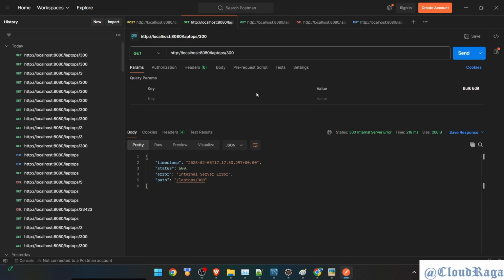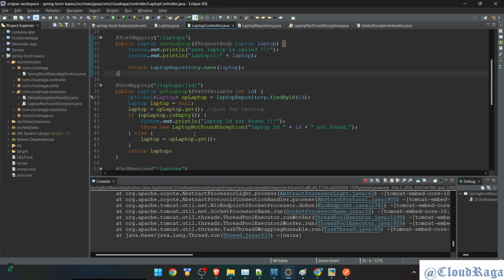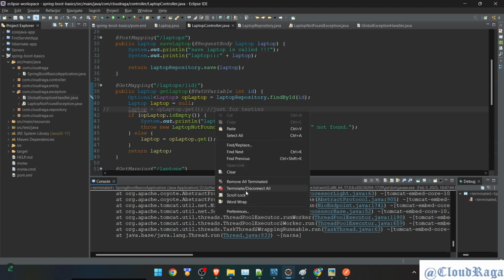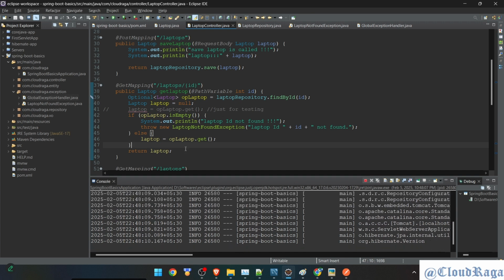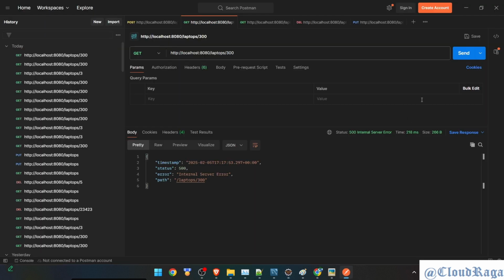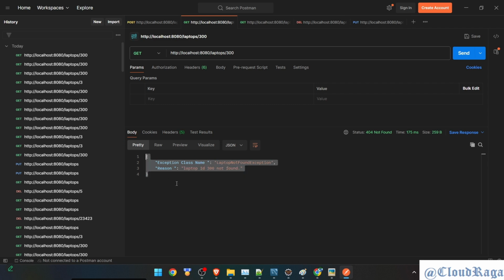Oh, it's not commented. What happened? Wait, let's run this again. Running this again. It was not commented, so it was giving that same exception as pointer. Idea is when we request, it should go on this line. So we should see the customized response we just got. This one, yeah. So when we get error,